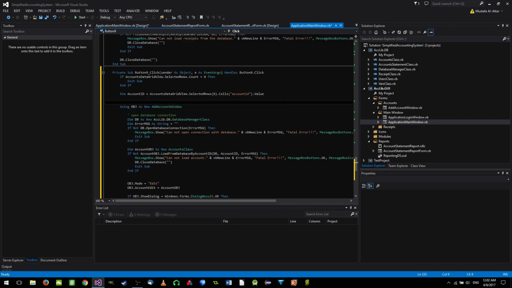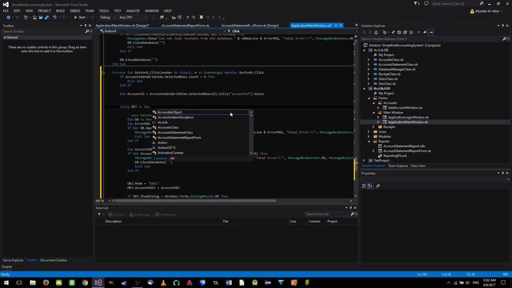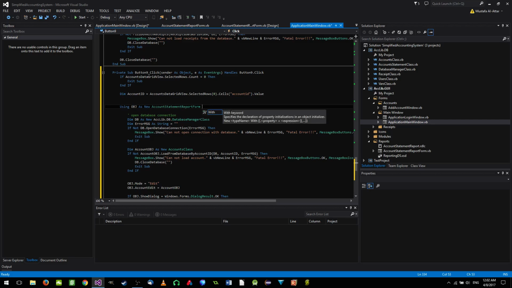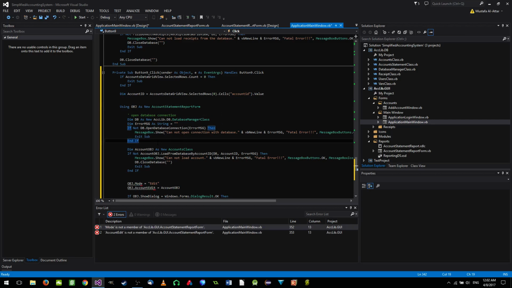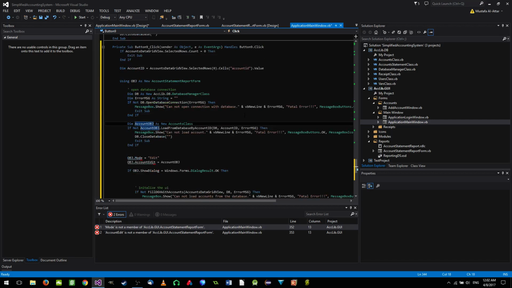And next I need to open a connection to the database. So here, before that, what are we doing? We are creating a window which is the account statement report form, right? And then we are opening the connection to the database, and next,